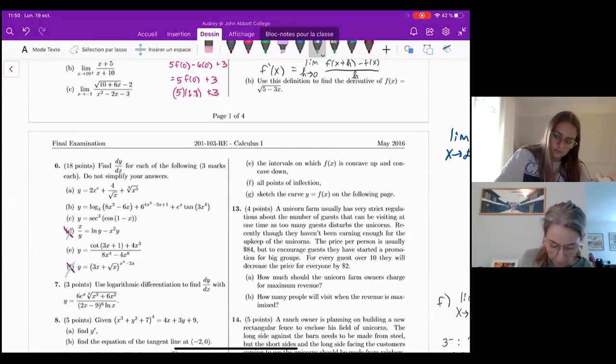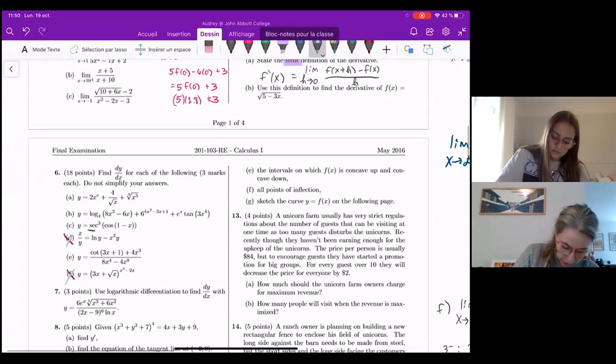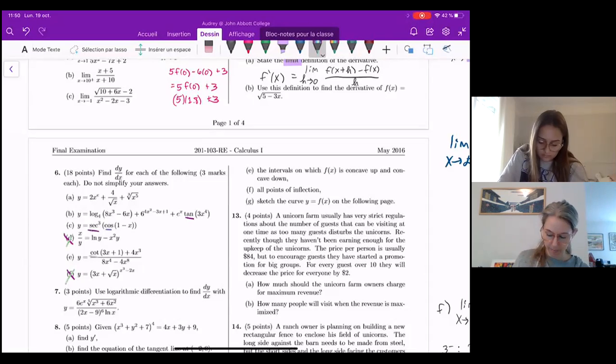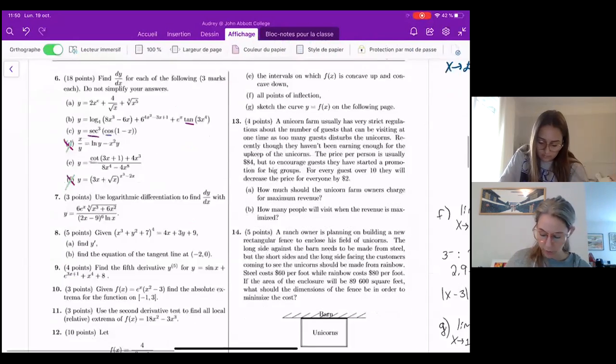And then for the trig ones, I am going to replace the trig functions with other things because there will be no trig on your midterm tomorrow. So there are some trig functions here. I'm gonna do the exact same thing. I'll just replace the trig functions with other functions. So we have 2x to the e